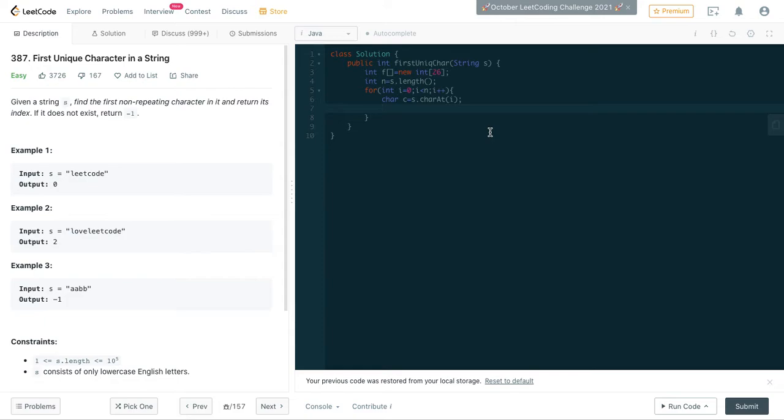Similarly, we would store the frequency of every character till Z. So Z's frequency would be stored in index 25. For that, we would simply do character minus 'a', and we would be able to get to that particular index.